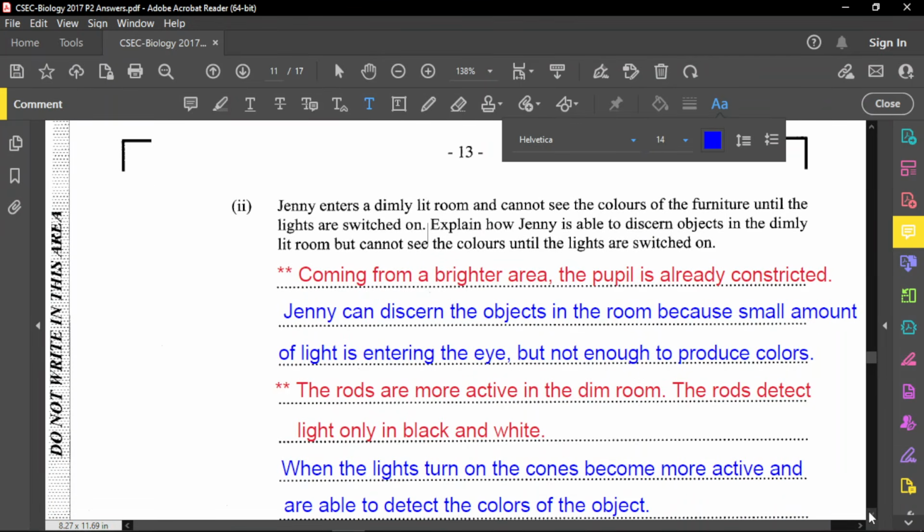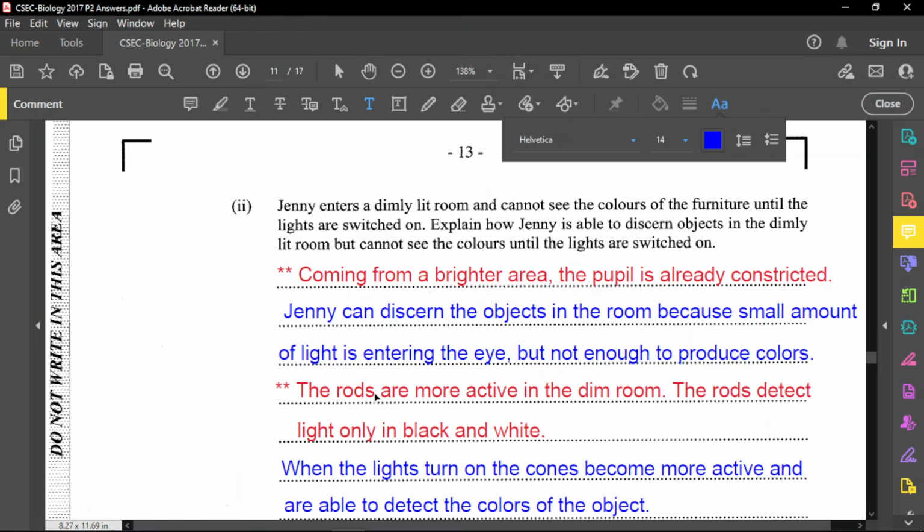Now the point to make right here is, what does that mean for Jenny? She's coming from an area where it is brighter. And of course, if it is brighter, the pupil is already constricted. That means little light is going into her eye. So this is very important: Jenny can discern the objects in the room because a small amount of light is entering the eye, but not enough to produce colors. So because so little light is going into her eye and it's pretty much dim or almost dark, then